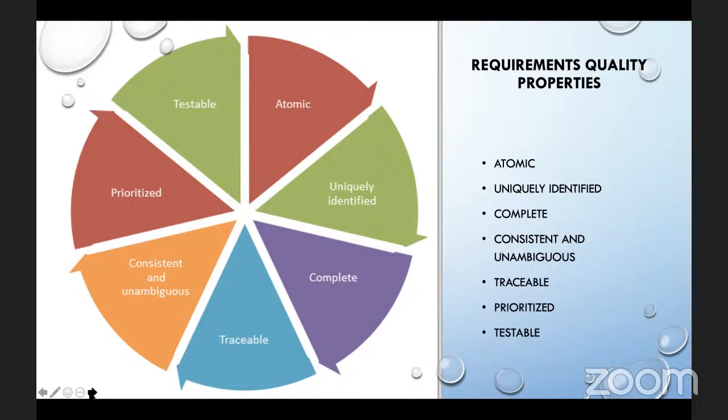So consistent and unambiguous, what does that mean? That means the kind of statements that you put together, you have to be concise, straight to the point. Don't be writing a whole comprehension over there that you could have just used maybe 5 words to point out. You let people suffer for nothing, right? And then prioritize, and then testable. You got to be able to prioritize, and your requirement has to be testable